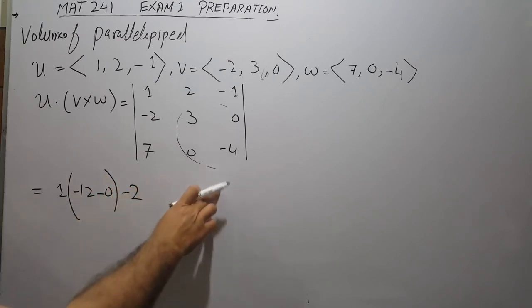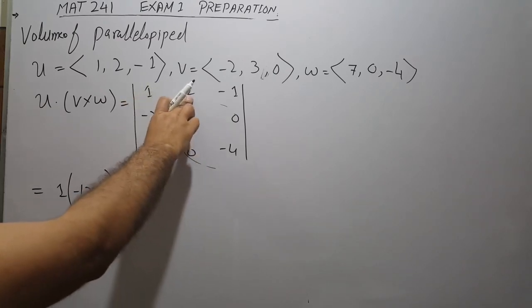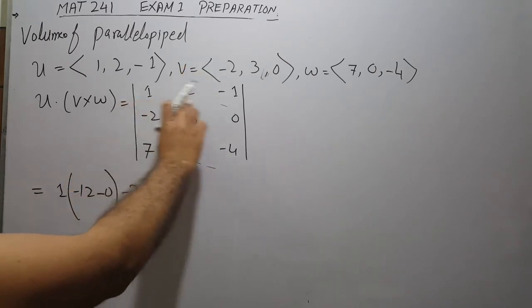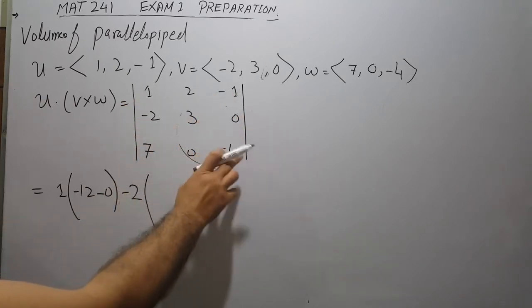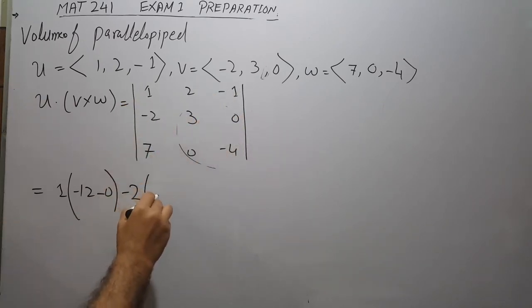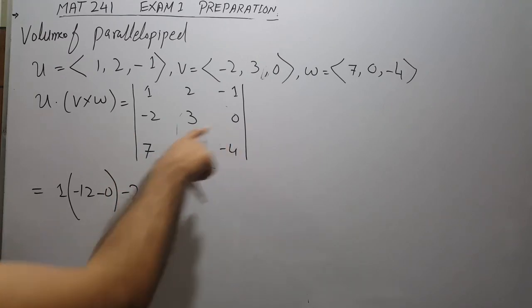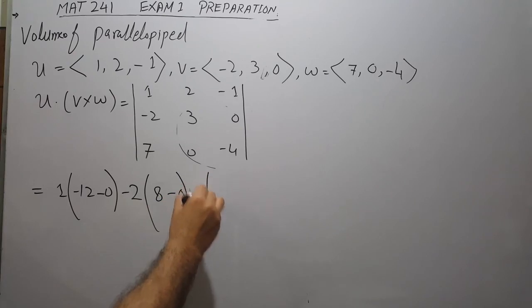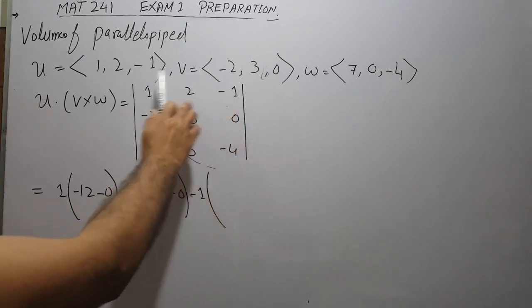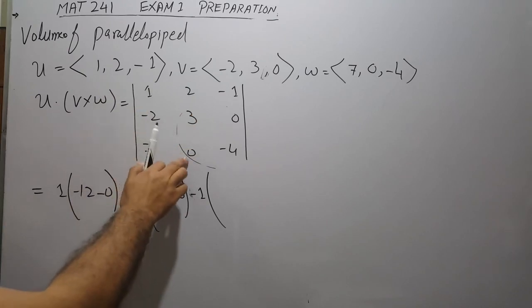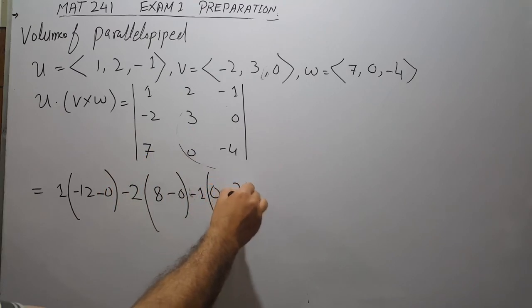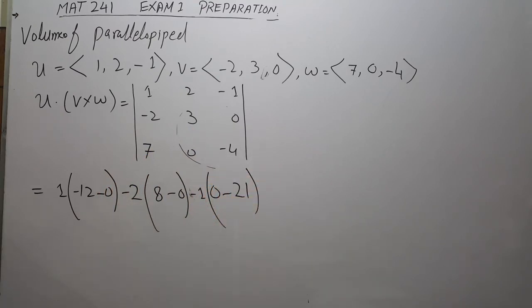Again, we write down a negative, we choose the second term in the row, which is 2. Now we will ignore this column and this whole row, so you are left with this and this. So you multiply this to this, gives us plus 8, minus 0 into 7 gives us 0. Then plus, here is already a minus, so that becomes minus 1. And now we ignore this column and this row, so you have to multiply here. 0 into minus 2 gives us 0. Minus 7 into 3 gives us 21. Right, so that gives us